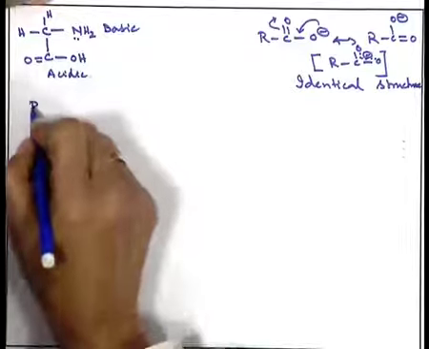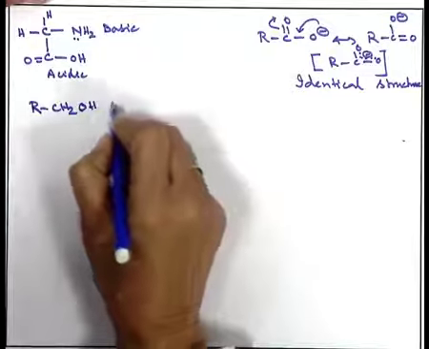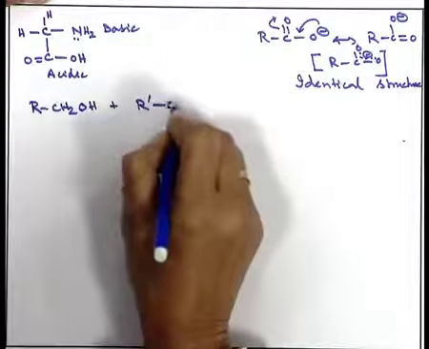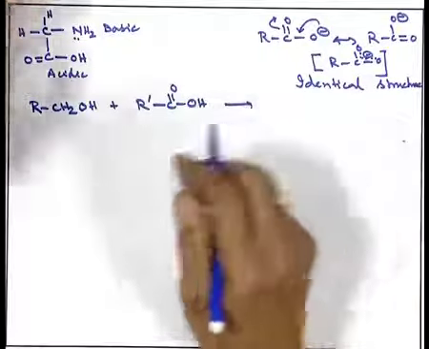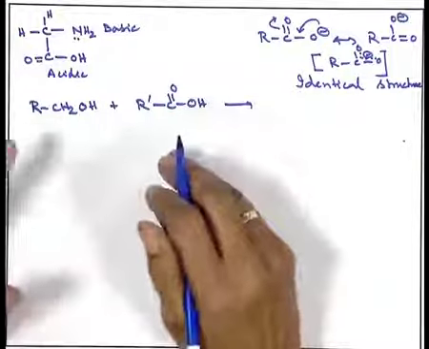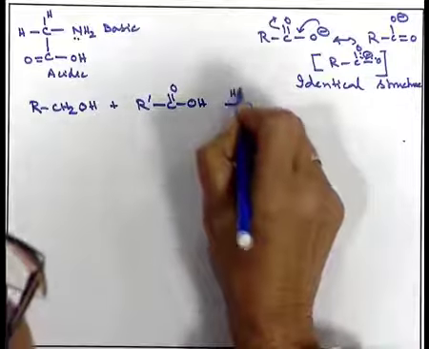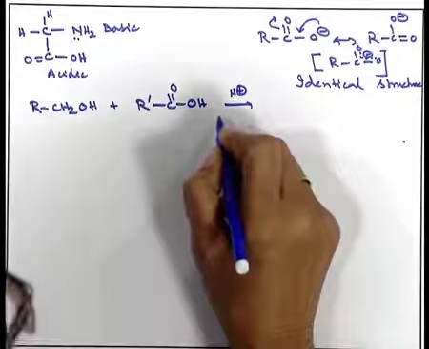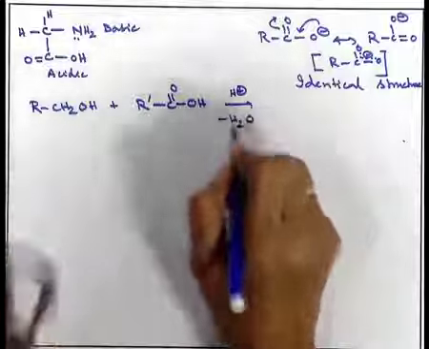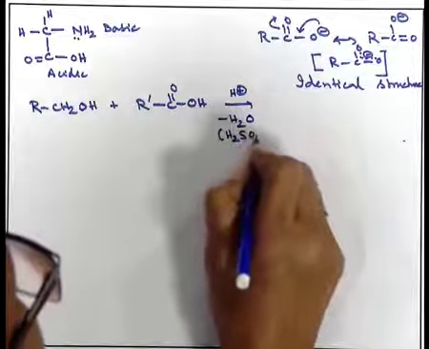In organic chemistry, we write it in this way: a very simple compound RCH2OH, a primary alcohol, being treated with R prime, just to make it different, I have written this structure. And if we treat it with a carboxylic acid with a different type of alkyl group, methyl, ethyl, etc., in presence of acid mostly, which is not only a good acid, but also a dehydrating agent. That means it takes up water. I am giving you a very simple example, a little bit of concentrated sulfuric acid is good enough.